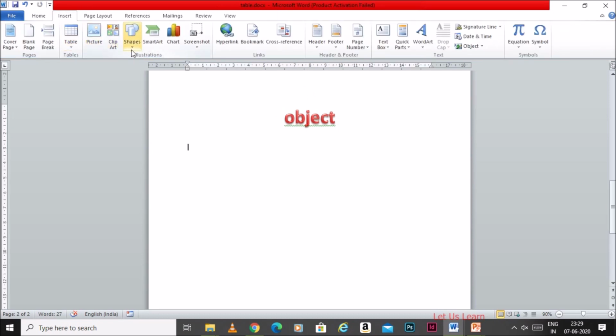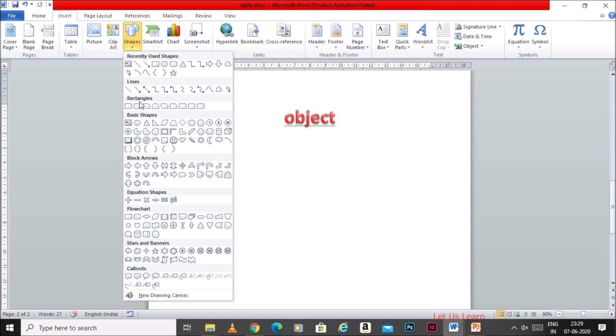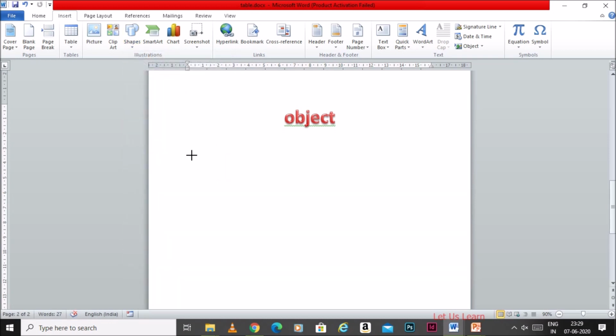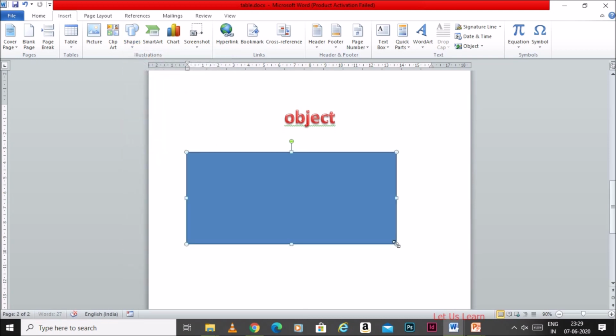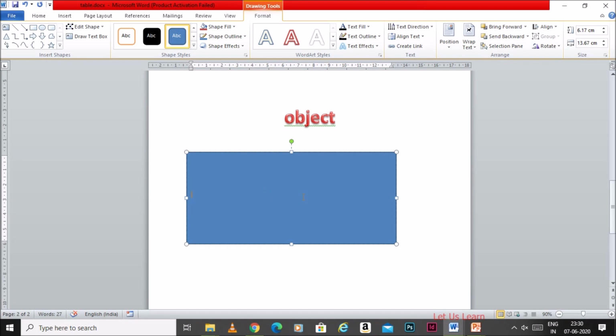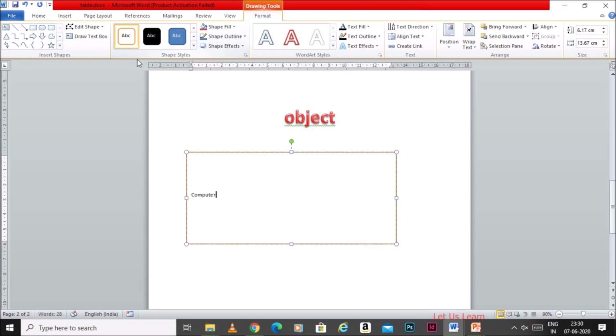Next is how to insert shapes into your Word document. As you all know, there is a list of shapes available in the Insert tab. Go here. I'm going to use a rectangle. Just click the rectangle and drag it to your size. Type anything inside the rectangular box. Click inside the rectangular box and then type. See, you're able to see the text inside the rectangular box. Now it is filled with blue color. If you go here, you will find the shape styles. I'm setting it to none, so it will be a blank rectangle.